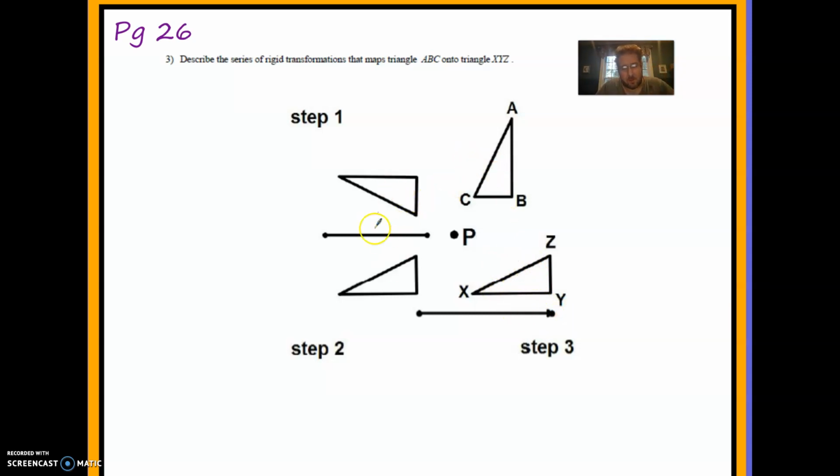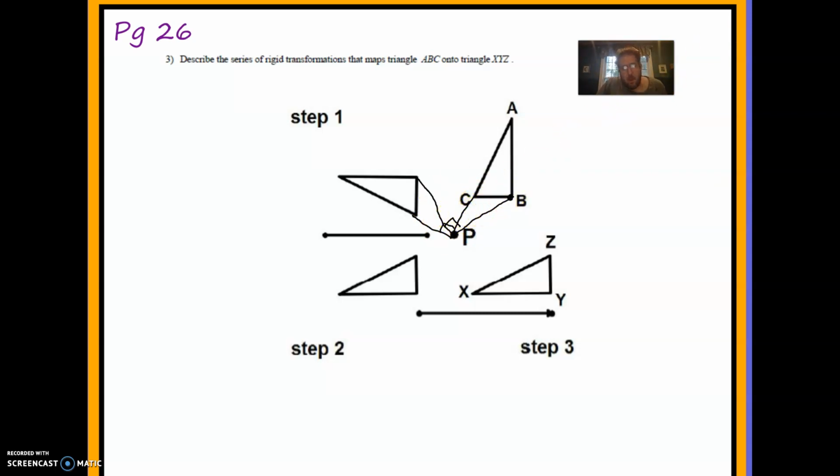Oh, I'm sorry, I missed the first one. So before the flip, there was a rotate. ABC rotated around point P, and that happened to be 90 degrees. Now, the reason I know that is because what I can do is connect point B to point P, and then connect it to where it rotated, and you'll see that it makes a 90-degree angle. Now, I don't know if it's exactly 90 degrees, but it certainly looks like it's about 90 degrees. And I know we're not really supposed to make assumptions, but in this case, we don't really know the exact